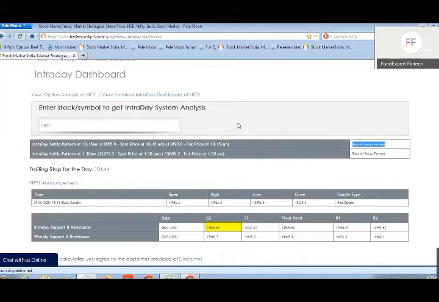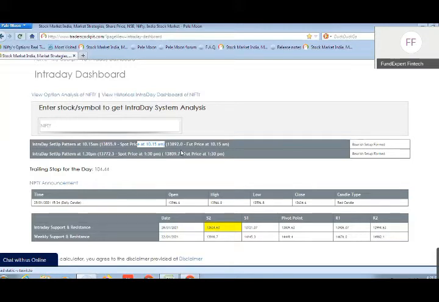Every strategy will have its own criteria and conditions. Now, this particular dashboard gives you the results somewhere by 10:15 a.m. After thorough manual backtesting, we have seen that the dashboard works optimally when checked somewhere by 10:15. Markets start at 9:15 as such. From 9:15 to 10:15, the first hour of the markets normally remains volatile.